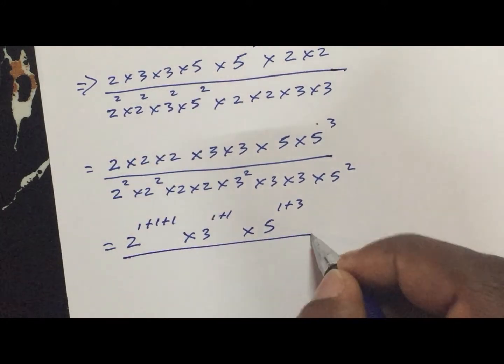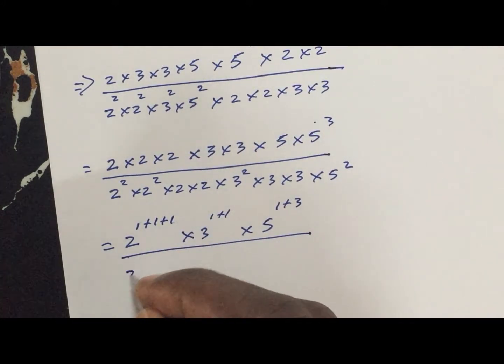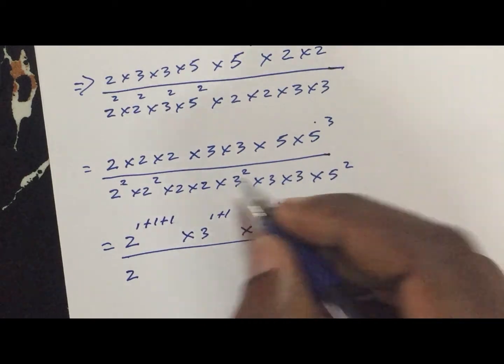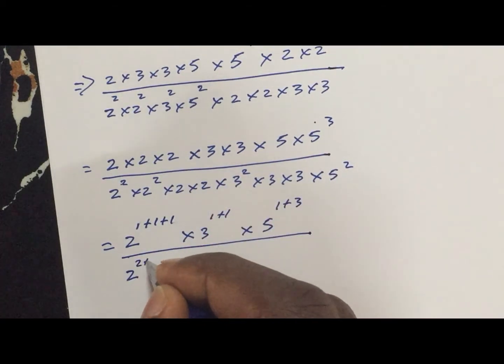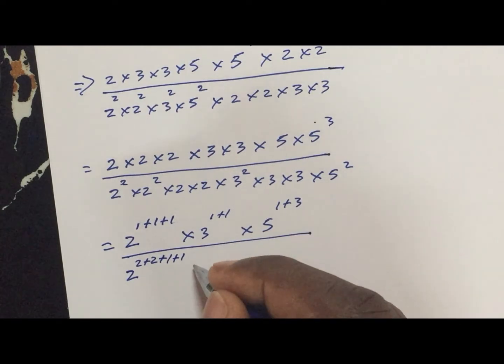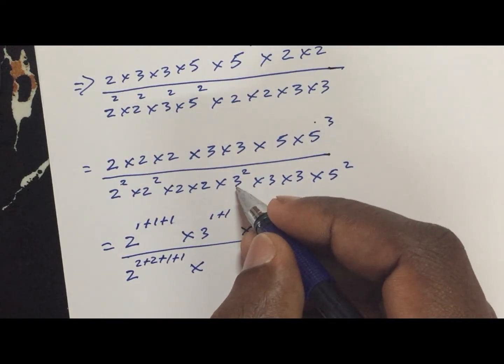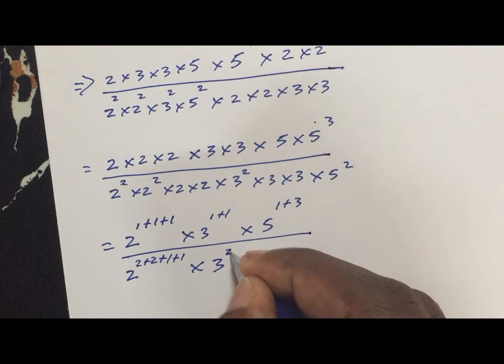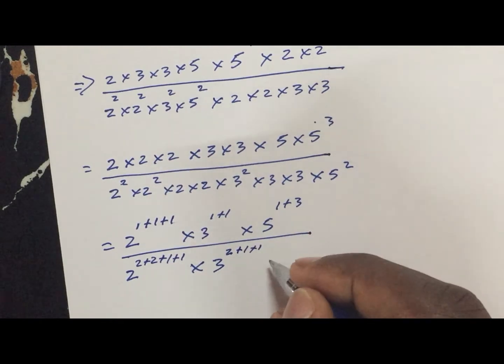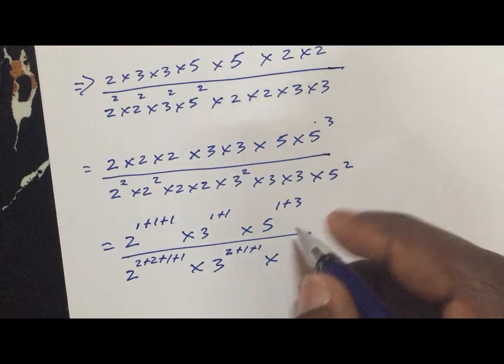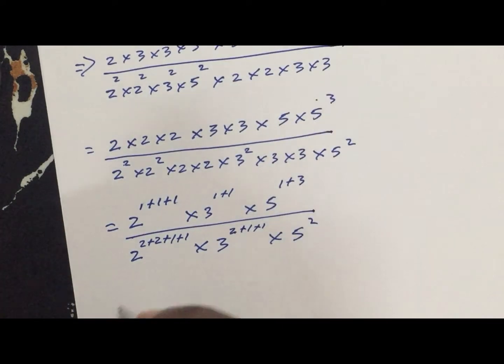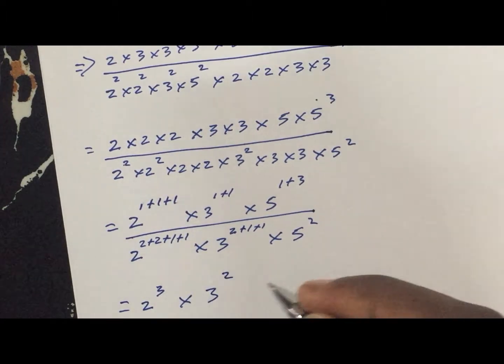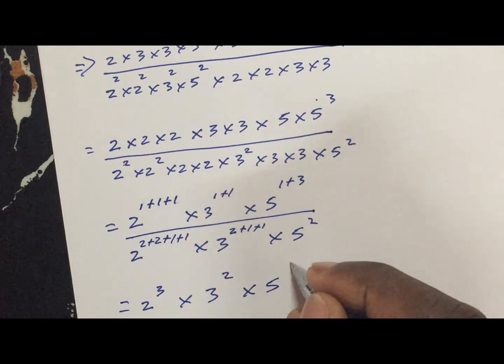Moving along pretty smoothly. So now we have 2, we have 2, 2, and we have 1, 1. So it can be 2 plus 2 plus 1 plus 1 times 3. We have 2, 1, 1. So we have 3 to the power 2 plus 1 plus 1. And then our 5 to the 5 plus 5 squared. So we further simplify this. We have 2 cubed times 3 squared times 5 to the 4th power